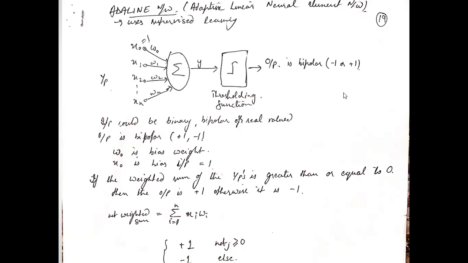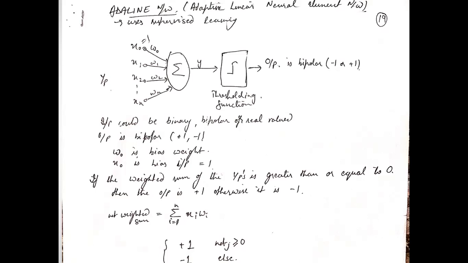XOR was the condition which was not able to classify the results into two separate patterns, that is, the zero result and the one result, or true result and false result, in the two classes with the help of a straight line. That is called a non-linearly separable problem. So we need a solution for how to solve this problem. For this particular reason, Adeline was invented, and we will look at how it helped in solving the non-linearly separable problem.